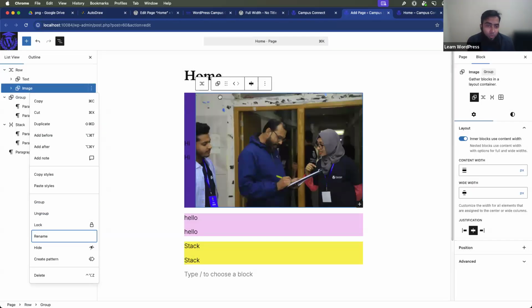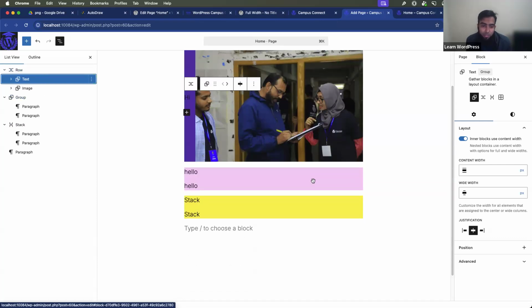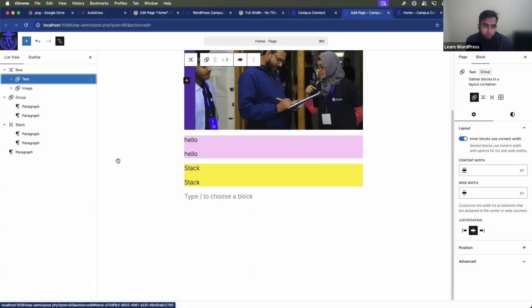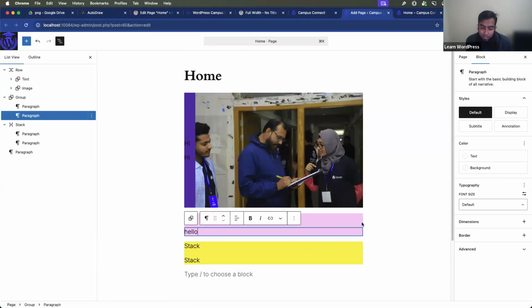Whenever we need to do this type of grouping, we can wrap with a group. It will help us understand which content we placed in which area. Or if we add, for example, 20 or 30 items here, we will not be able to understand what content is doing what. So this way group helps us keep everything in a group. And when we need more flexibility, like we need to adjust content in different places,